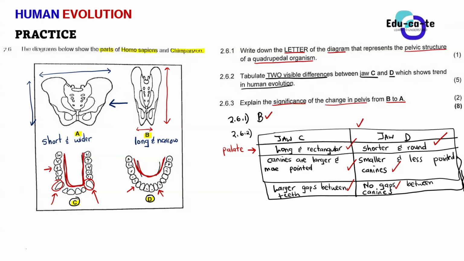So they are now asking, what is the significance of changing the pelvis from being long and narrow to being short and wider? What importance does that bring? Because this is evolution. We believe that there is change that happened from being long and narrow to being short and wider. The pelvic structure changed in that way. So what significance would that bring in the organism's anatomical features, Matebula?